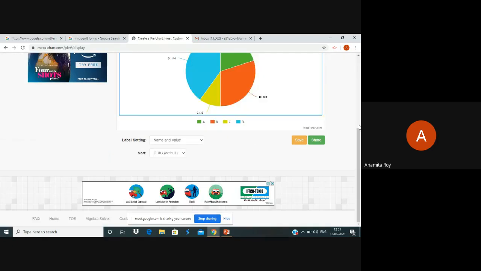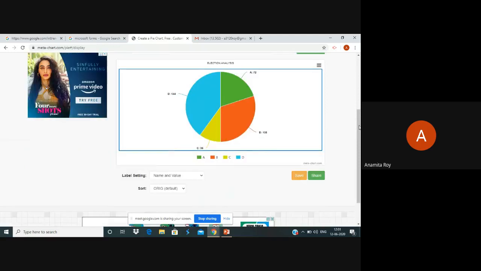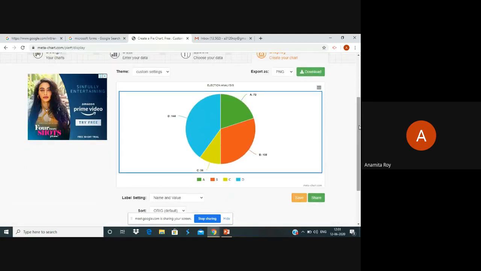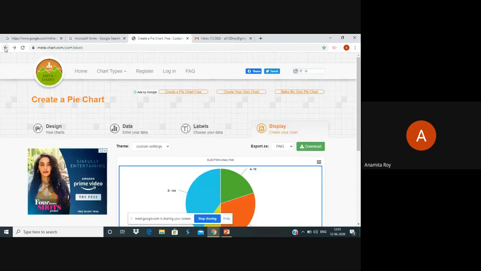Now this pie chart can be downloaded, shared, and used any way you like. This was the pie chart. We can use it for our teaching-learning method, assignments, assessments, anywhere you want, even PPTs also. Now, after the pie chart, I would come to how to draw